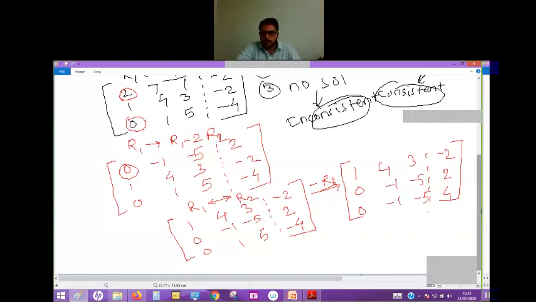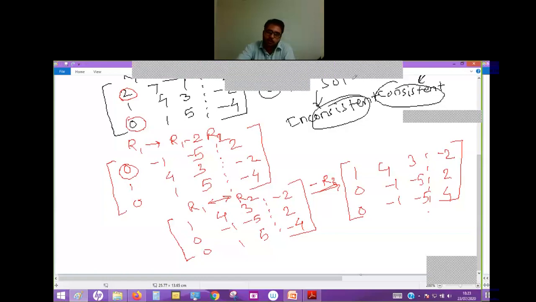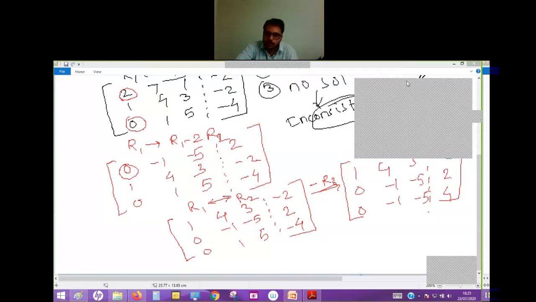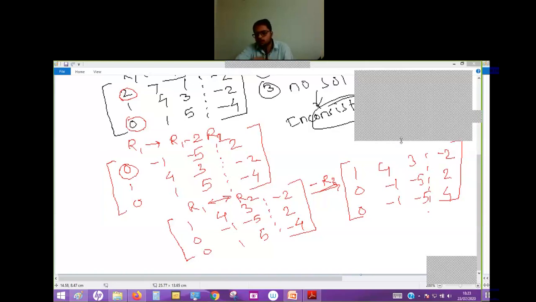Can you think what the next step will be, if you can imagine? I'll be showing you the matrix. If you can imagine what we want to do now, here we want to find the solution. Okay, we want to find the solution. How can you find this solution? So you can see that, from row 2 and row 3, yes Akanksha, very correct.